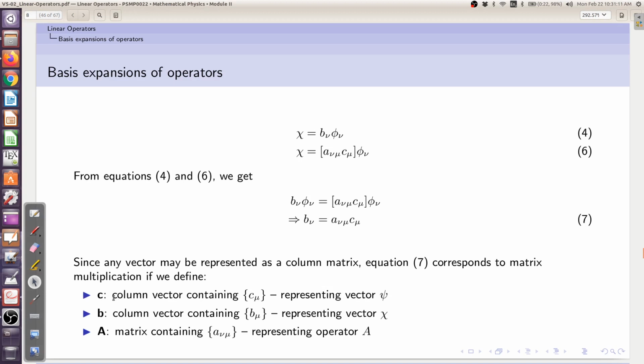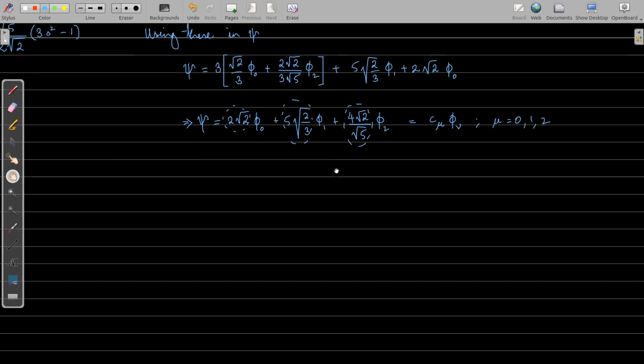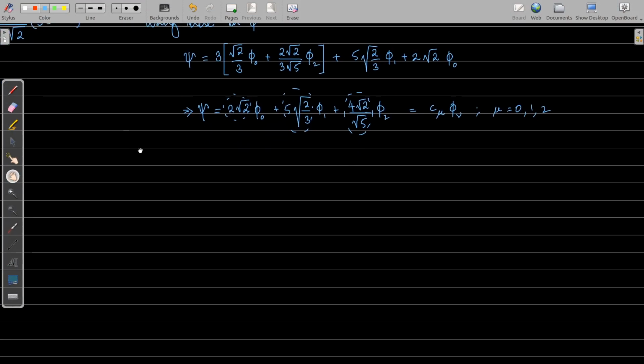Okay, this column represents this psi. So we represent this c. You take these three coefficients and create a column matrix that is going to represent c. So therefore this column matrix c, which we write as